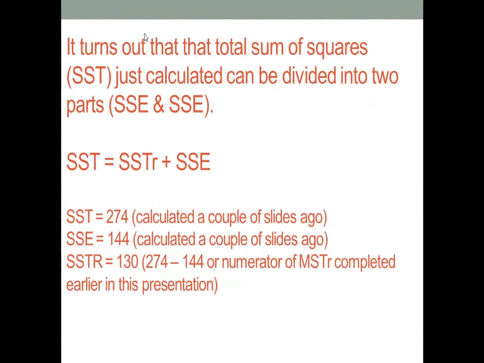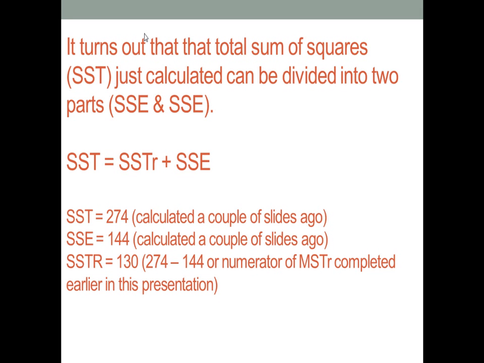Well, it turns out if we took that total sum of squares, in this particular problem, the problem we've been doing about 3 or 4 slides ago, we had all 15 numbers, we computed the sum of squares total, and we had 274. Then even more recently than that, we computed SSE, and we got that to be 144. Now we want to get the sum of squares treatment. One of the things we could do is just take that 274 minus 144 to get 130,